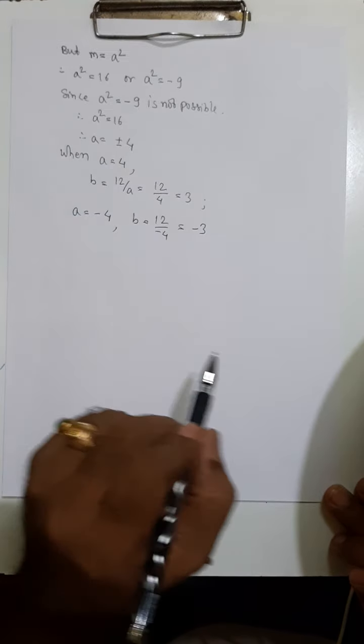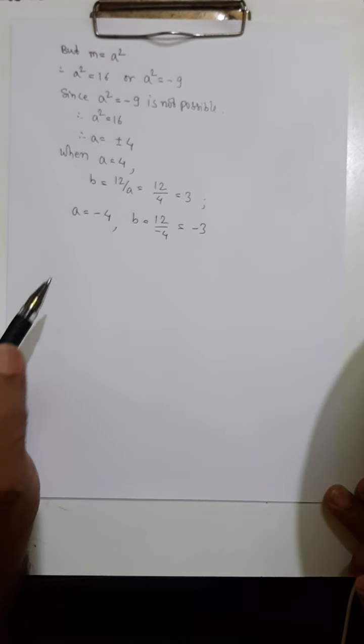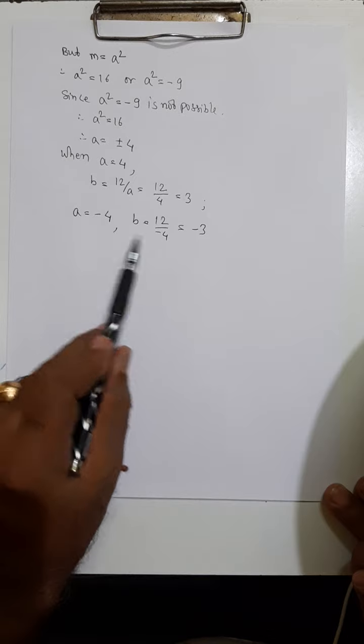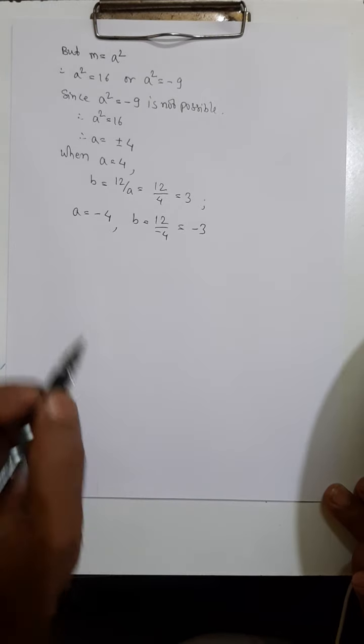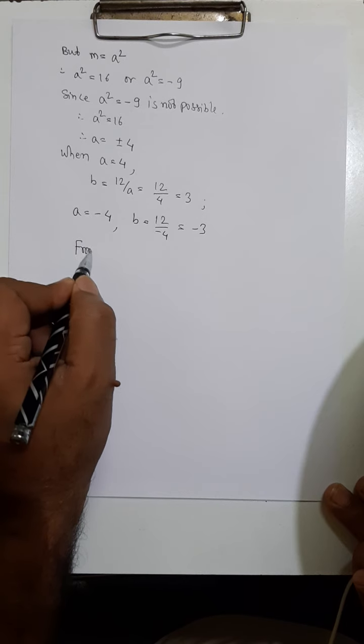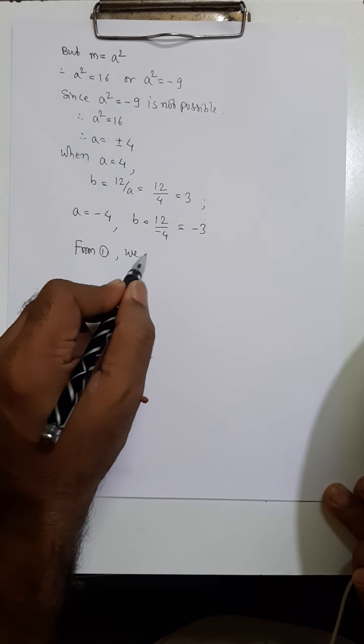Thus we get the value of a is 4, the value of b is 3. When a is minus 4, b is minus 3. Okay, so we substitute these values in equation 1. So from 1 we get